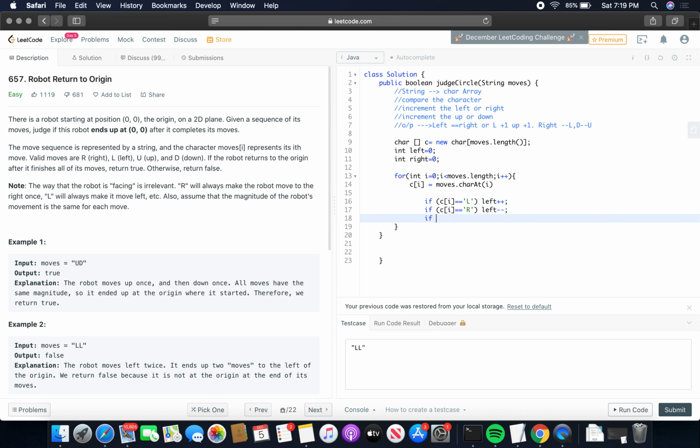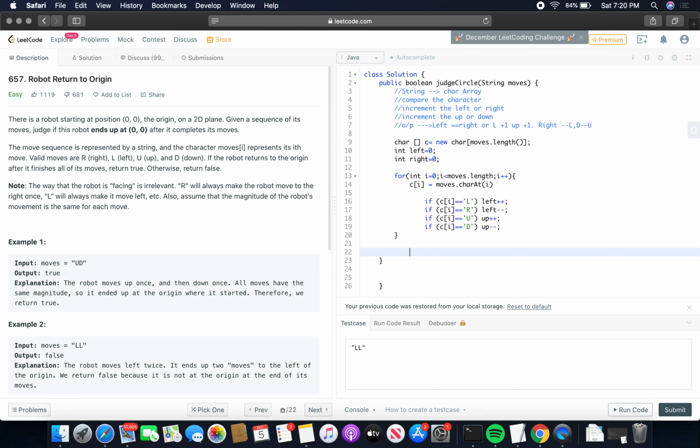And if c of i equal to U, then we increment the up pointer, and if c of i equal to D, then we just decrement the up pointer. So this way we will be tracking all the movement of the bot.